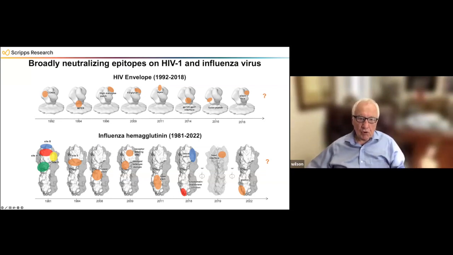But why is this important? It's important to identify these so-called vulnerable sites that the immune system can target. These are the sites that we want to target with a vaccine or with therapeutic antibodies. So identification of these sites, from the structural work and all of the antibody work, is critical in vaccine and therapeutic design.